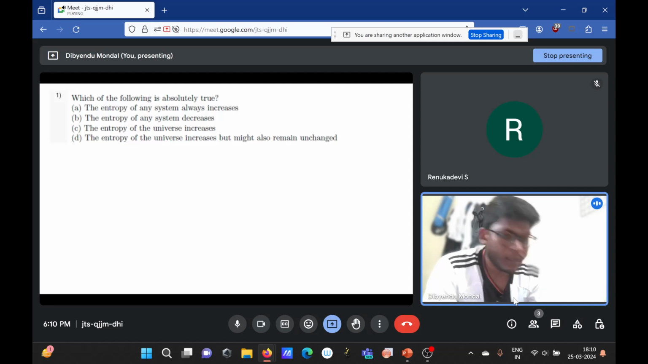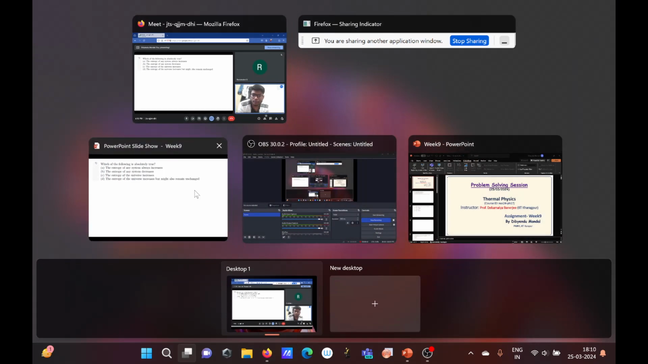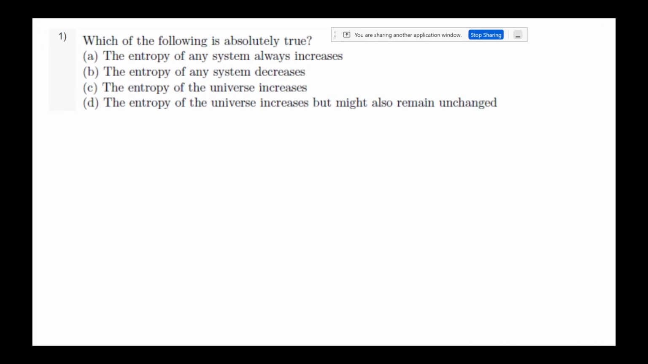Okay, no problem. The first law of thermodynamics tells you about energy conservation, but the second law of thermodynamics is talking about entropy. And there you can see there are different statements for different people, but